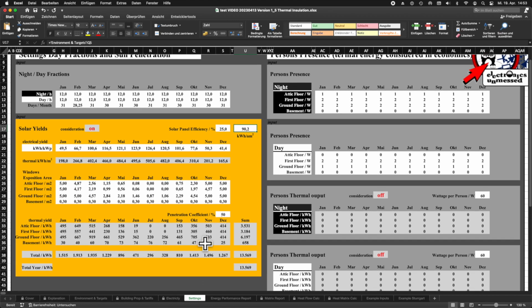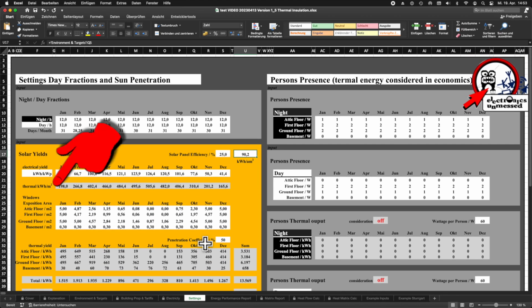First, we need the mean insolation, which is the sun's radiation energy that we receive for each month of the year. We know that the maximum solar irradiance is just over 1300 watts per square meter. The minimum solar irradiance is 0. Depending on the location and weather conditions, the mean radiation is somewhere in between.